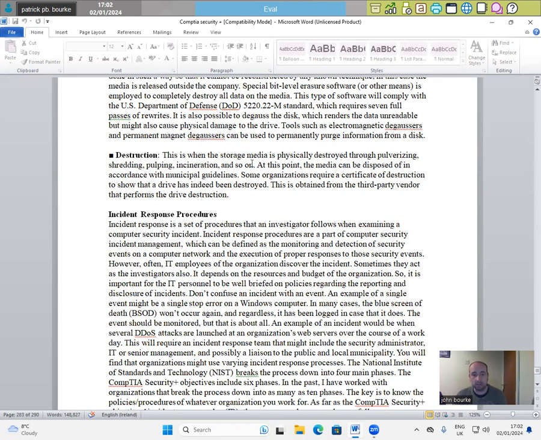Destruction. This is when the stored media is physically destroyed through pulverizing, shredding, purging, incineration, and so on. At this point, the media can be disposed of in accordance with municipal guidelines. Some organizations require a certificate of destruction to show that a drive has indeed been destroyed. This is obtained from the third-party vendor that performs the drive